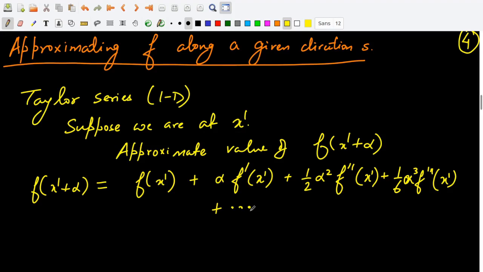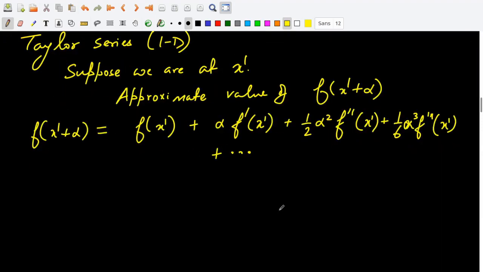It's an infinite series, but it may happen, for example, if f is a polynomial function, then the higher order derivatives may eventually become 0, and it might end up being a finite series. So if you don't know any derivatives, then the first cut approximation for f(x1 plus alpha) is f(x1), which is quite intuitive. If you don't have any information, then you would pick the same value as the point value you know. But if you know the value of the derivative also, then you might want to use this expression as an approximation. So the first order approximation